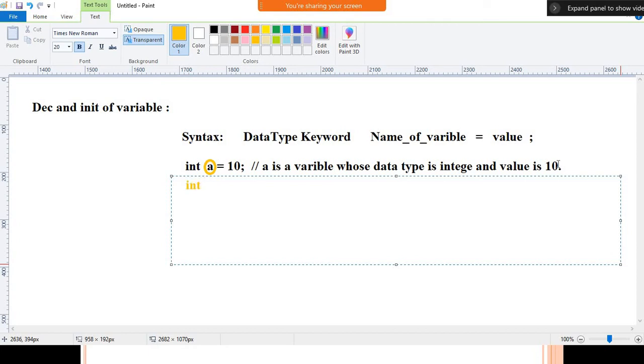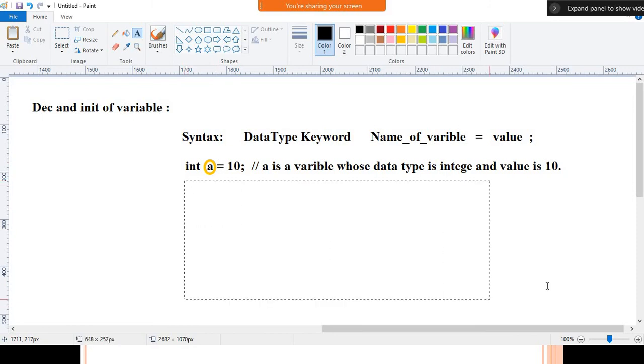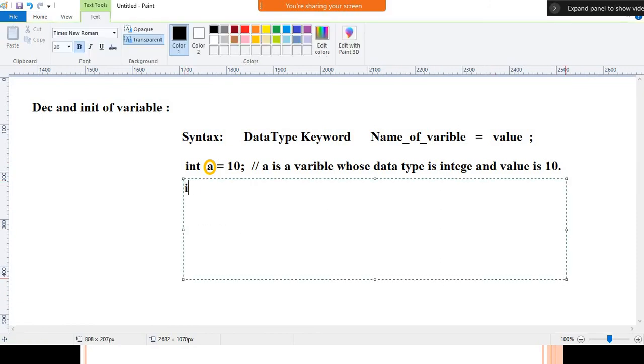Float b is equals to 20.5. I will read that statement.